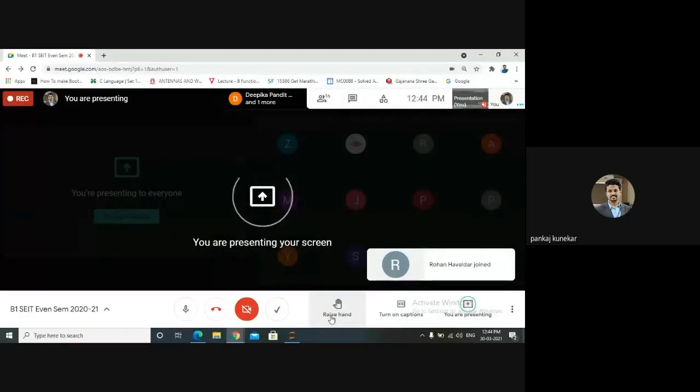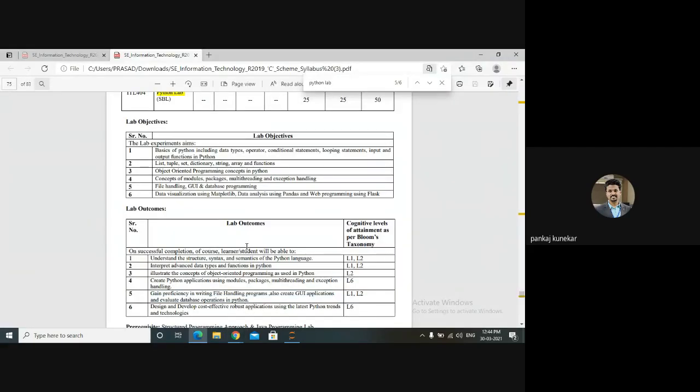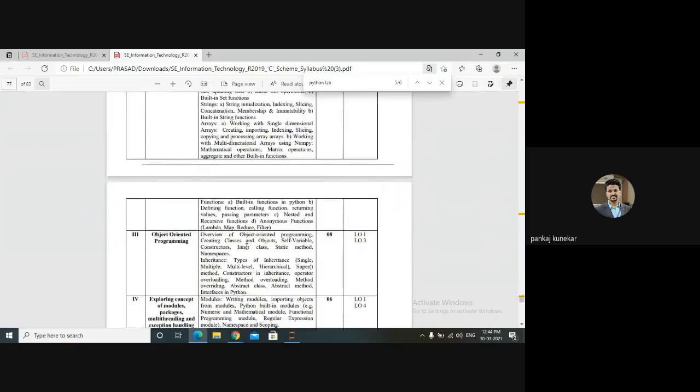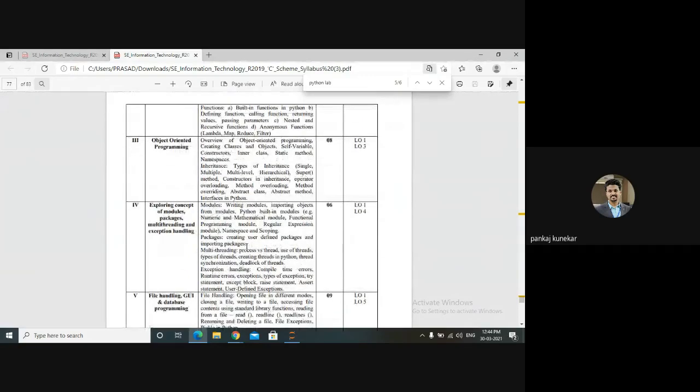So, firstly, we'll go through our syllabus. As I said, we are starting with the GUI part first, skipping some modules. We are not skipping, we'll cover it after the GUI part, because GUI and libraries are very important for implementing your mini project. This is your syllabus, and we have covered till module 3. For the time being we are skipping module 4.